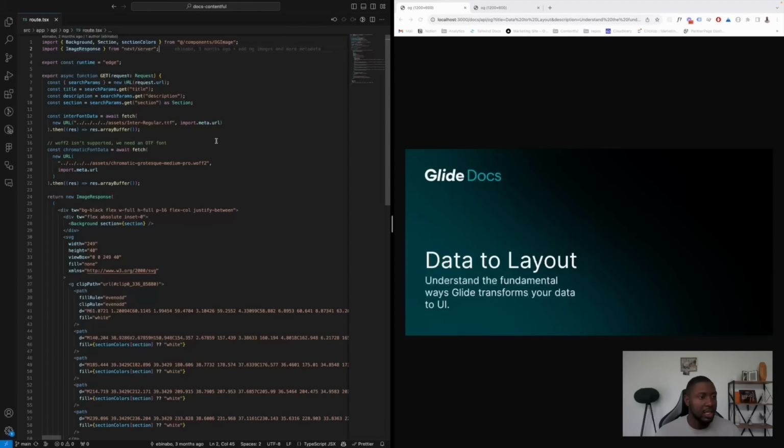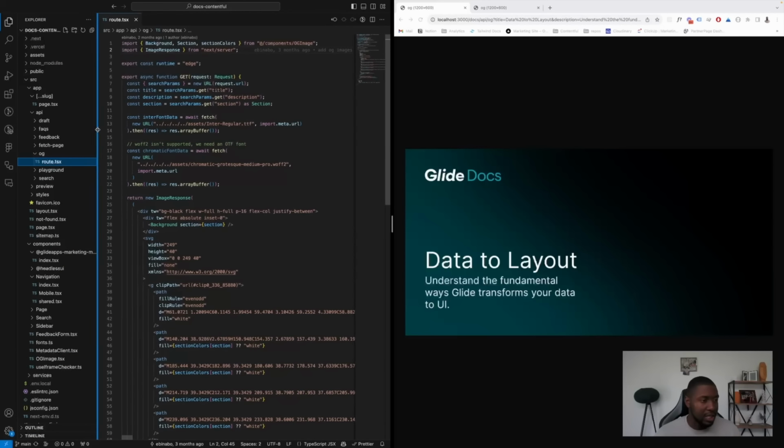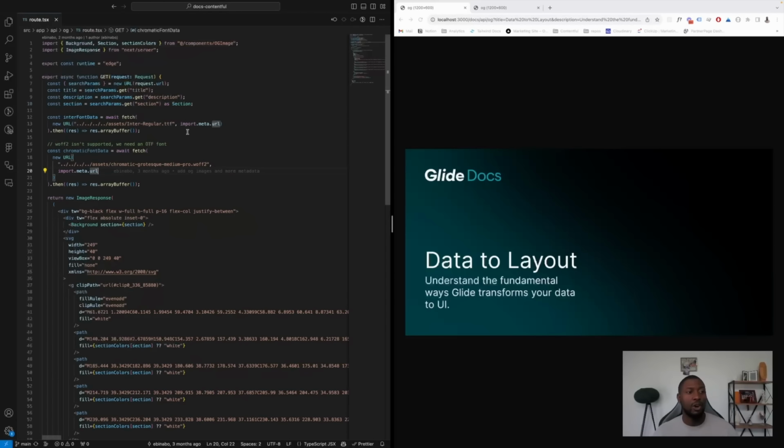Let's see how we use it here. The first thing that we do is we're using the new format for API routes. The way that looks, that's different from the pages folder, is you have an API folder, and then you have the name of the API route, and then you have a route file. And then for GET requests, the name of the function you're going to export is GET. For POST, delete, etc. as we go. So the first thing we're doing is we're pulling 3 search parameters for title, description, and section.